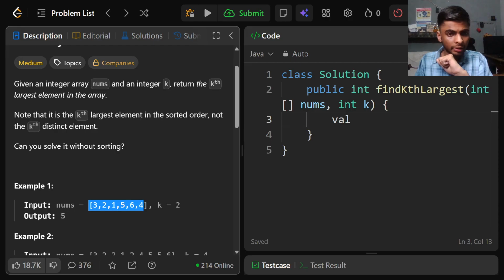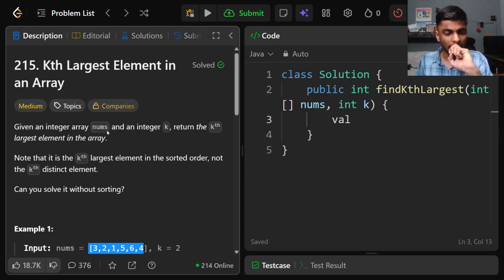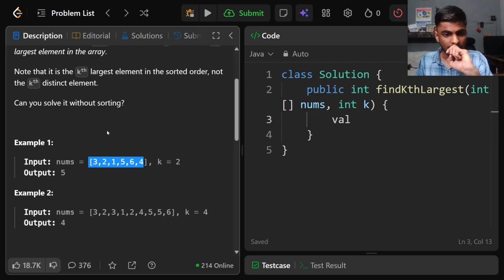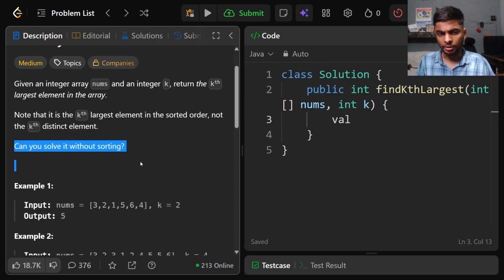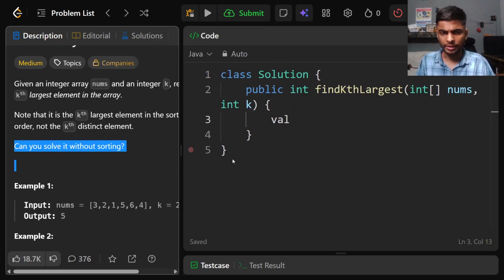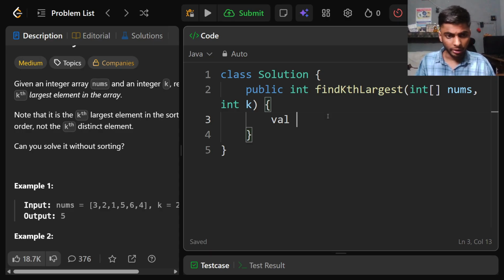Note that it is the kth largest element in the sorted manner, not the kth distinct element. So after sorting, we can get the kth element. That's easy. But here we can't sort, right? So what we can do is have a priority queue of type integer,